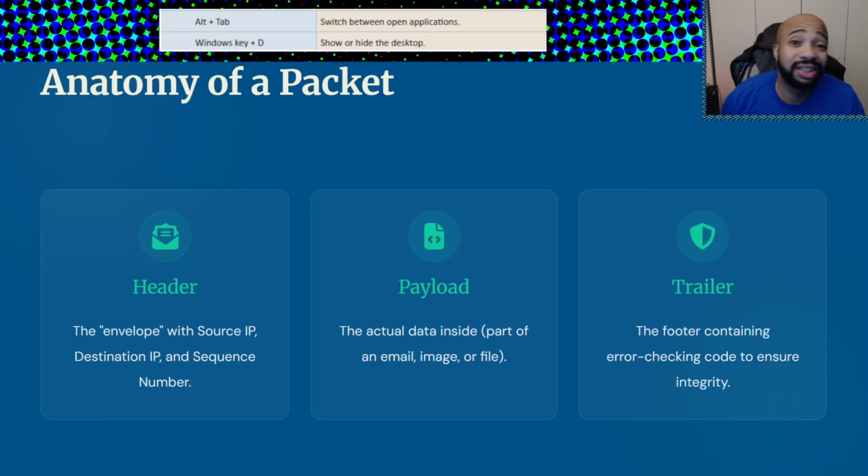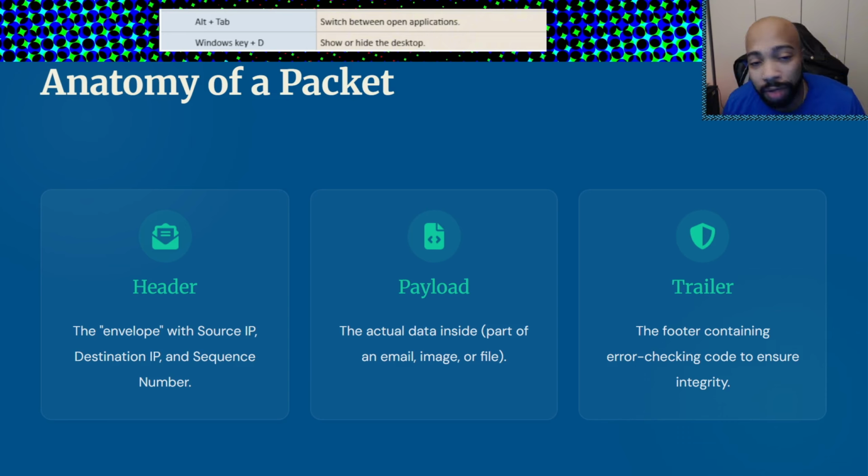We're going to represent it as sending an envelope, some mail to your neighbor, for example. You're going to want the header to be the front of the envelope, which has the address from, the address to, and all the extra information that goes on the envelope. Then you'll have something called the payload. That's what we call it, but it's just the actual data, such as the document you're sending, or a picture,